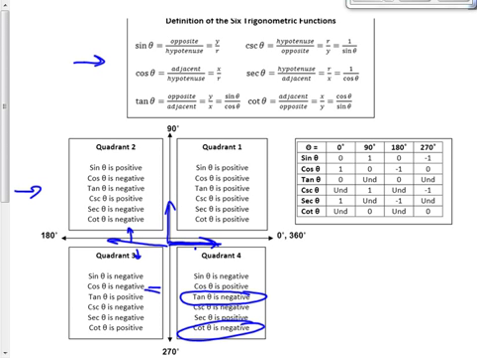On this side, if I have two negatives, a cosine and a sine that are both negative, I'm going to get a tangent that's positive, which in turn is a cotangent that is also positive. So keep that in mind as you're going along. Some of the angles that we have